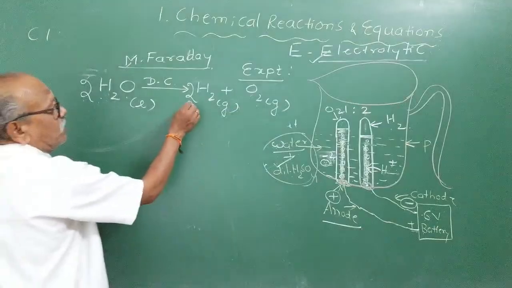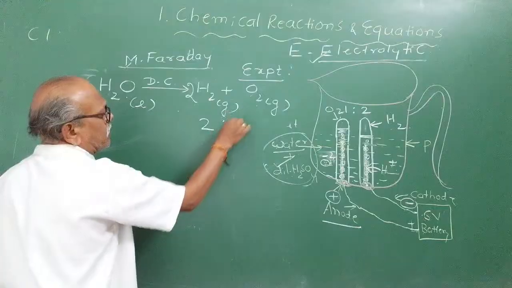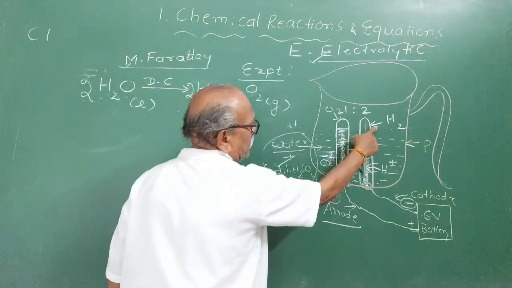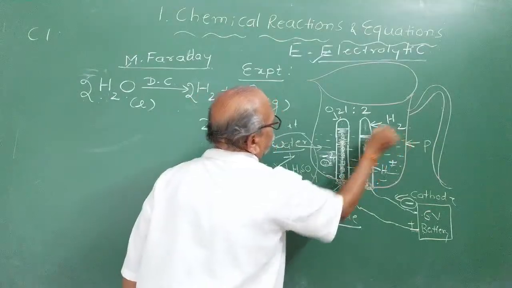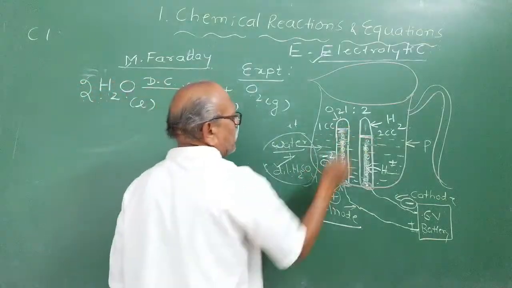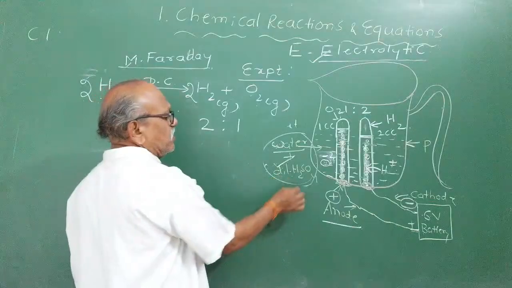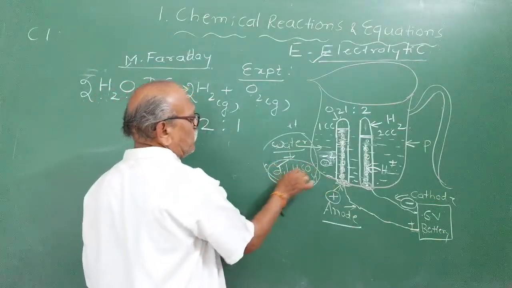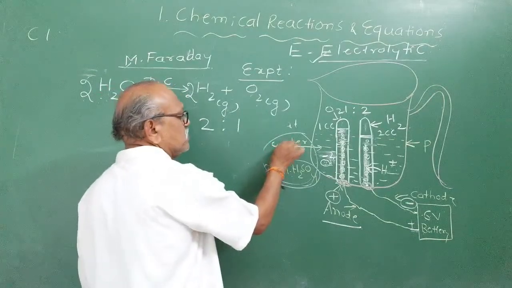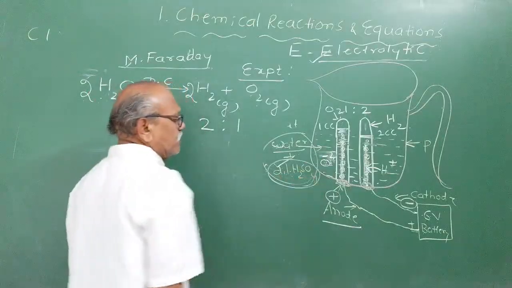Observe here. What is the volume of hydrogen here? 2. The volume of oxygen in the balanced chemical equation is 1. Therefore, if 2 cc of hydrogen is liberated, 1 cc of oxygen is liberated. Therefore, it is double. The questions that appeared: Why acidified? Reasoning may be asked. Why is dilute sulfuric acid added to the water? Because pure water is a poor conductor of electricity. Therefore, to make it a good conductor,